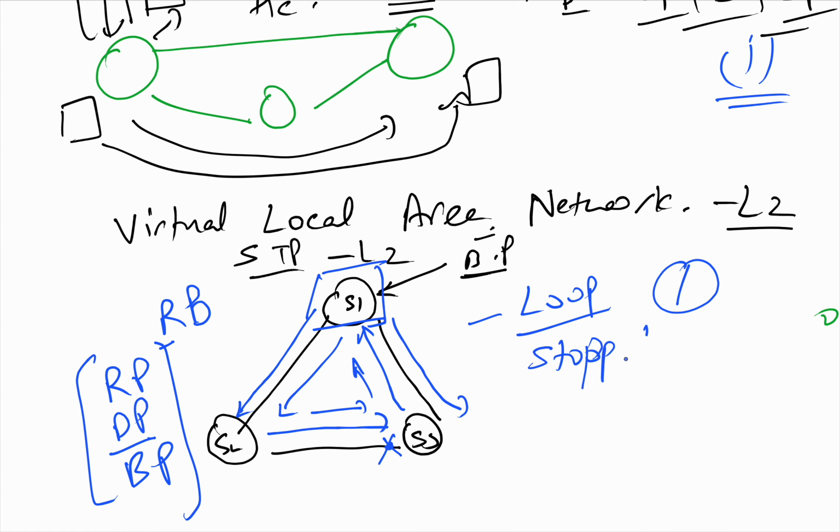Since the broadcasting has stopped, even the broadcast packets that came in are stopped by one interface, so you will be able to prevent loops because of that. So we have root ports, designated ports, and a blocking port. Usually only one port will be blocking, and it is determined by your MAC address and your priority. These are the two things that help determine the root bridge and the designated ports.